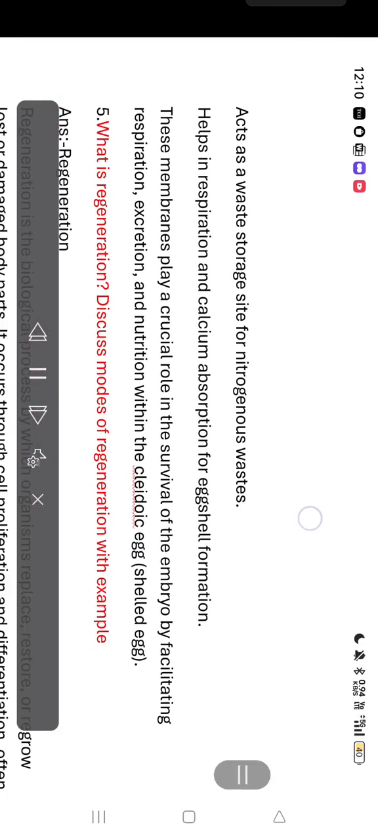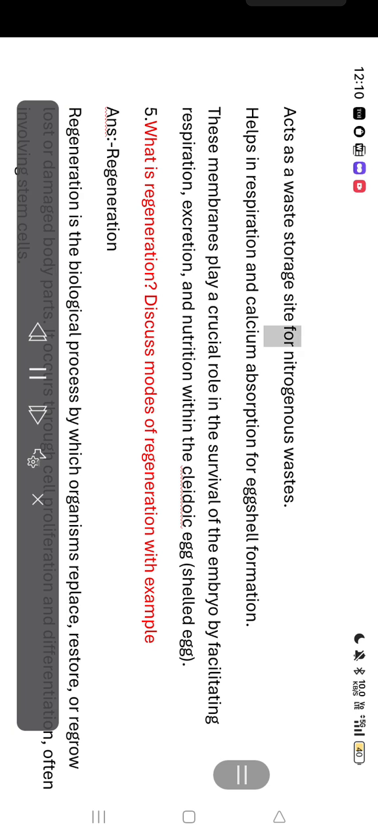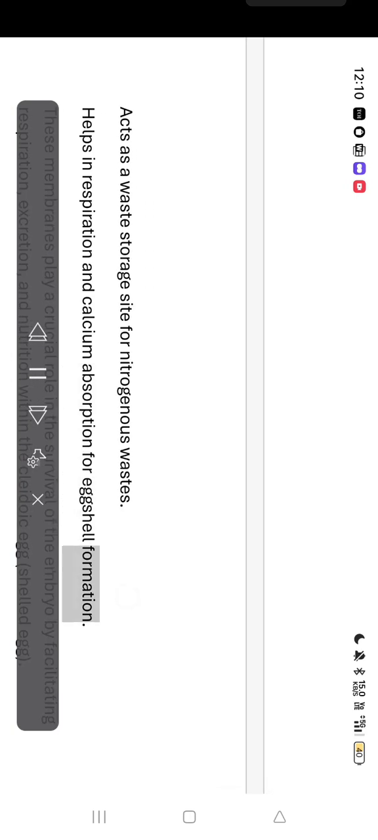Allantois. Acts as a waste storage site for nitrogenous wastes. Helps in respiration and calcium absorption for eggshell formation. These membranes play a crucial role in the survival